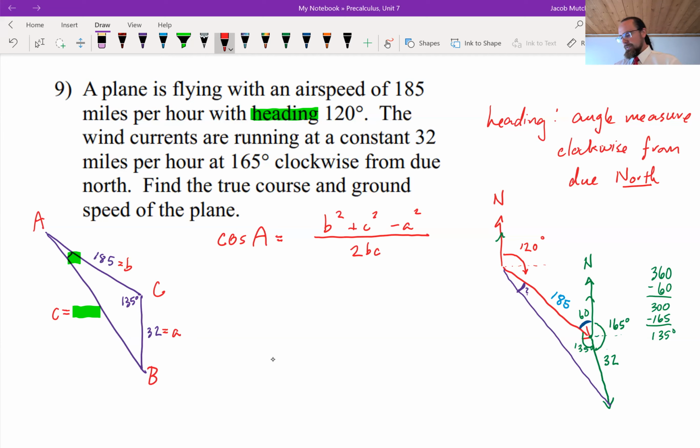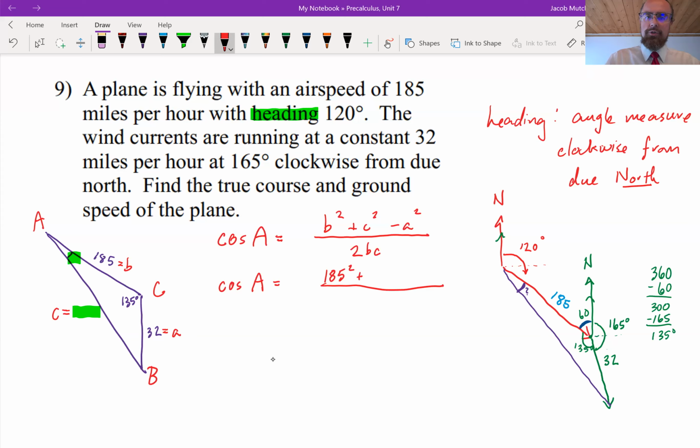So now that I have it set up and everything is labeled on my diagram, I just need to plug in values. So I'm going to plug in cosine of A. That's what I'm looking for. I'm looking for angle A's measure is equal to, so I'm going to pick up B. B had a length of 185, so 185 squared plus